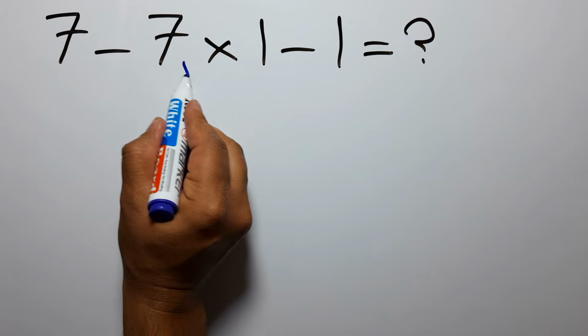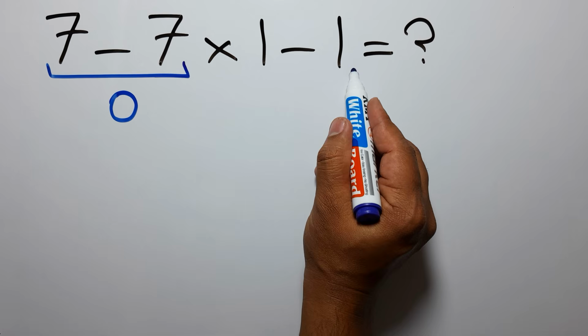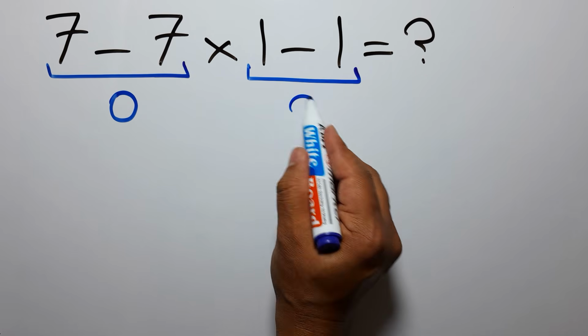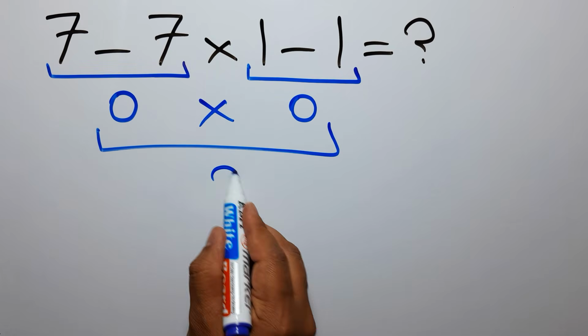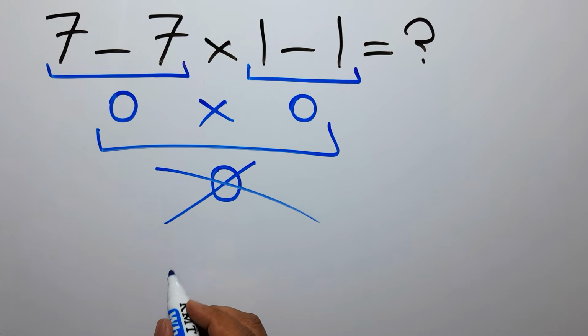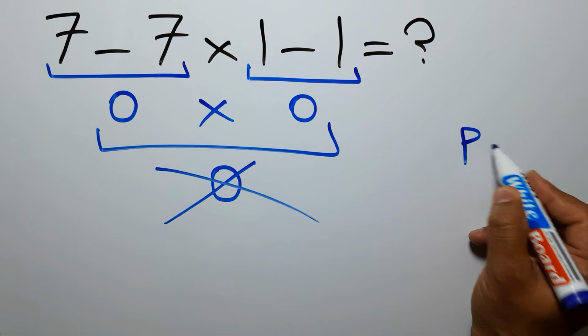7 minus 7 gives us 0. And here we have 1 minus 1, which equals 0. So 0 times 0 gives us 0. But this answer is not correct, because according to the order of operations, which is PEMDAS,